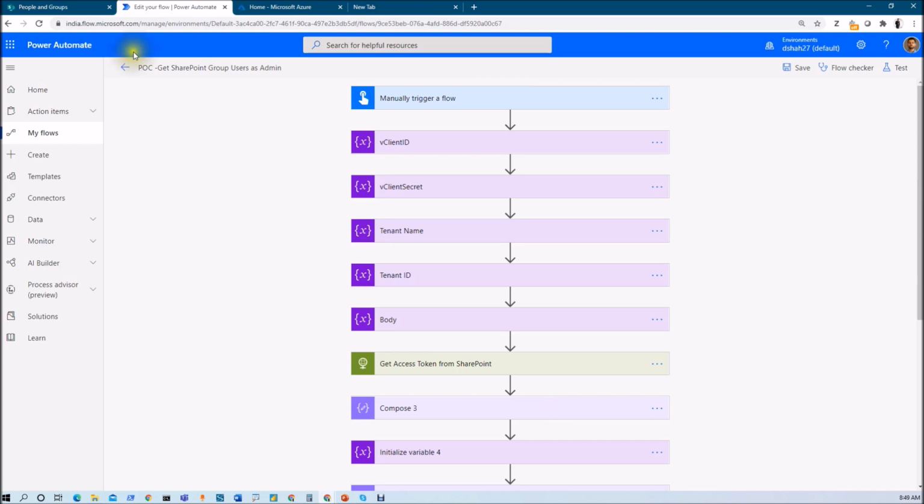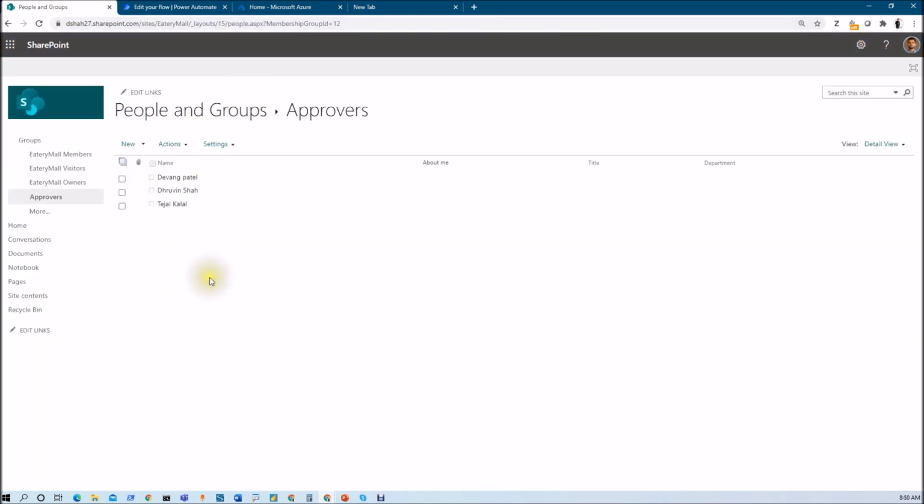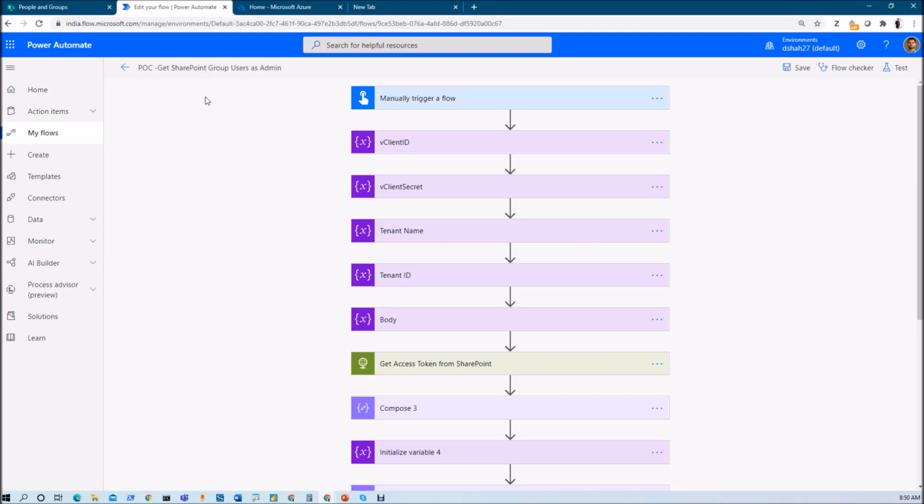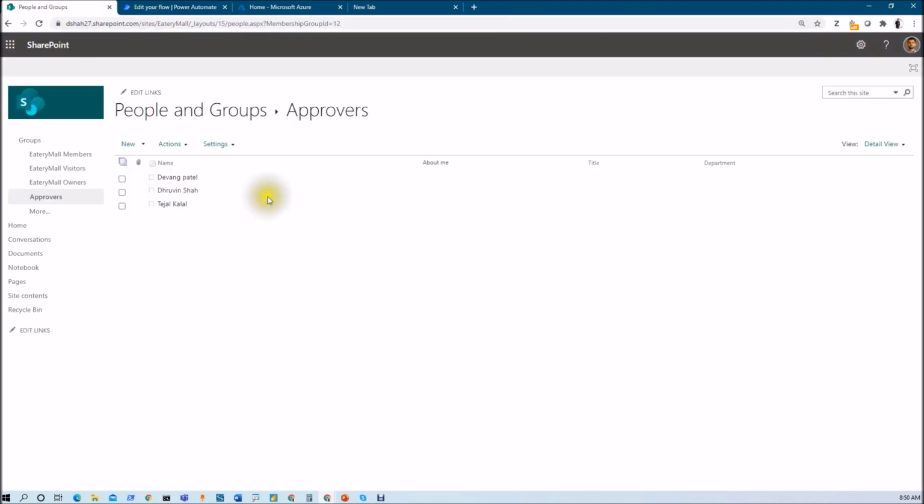But Amanda is not a part of this particular group, meaning she will not be able to access these group members over there. Now I do not need to have that type of functionality. I always want to call my REST API with respect to the admin user. So how can I achieve that? I am going to explain that step-by-step procedure throughout this session.